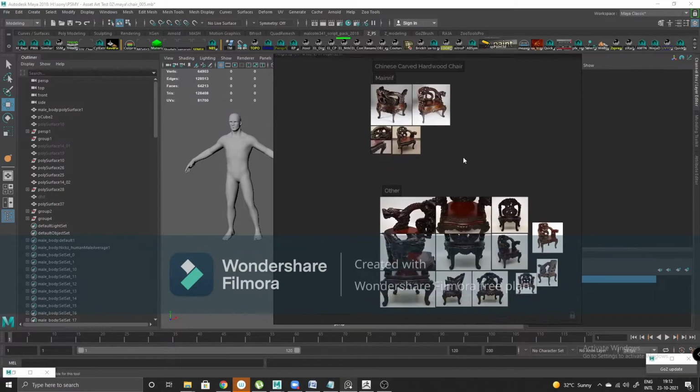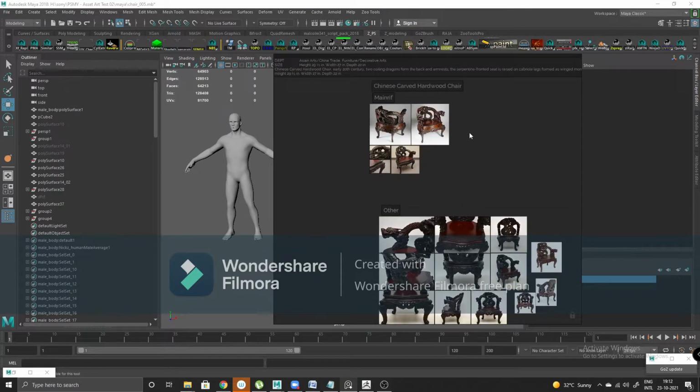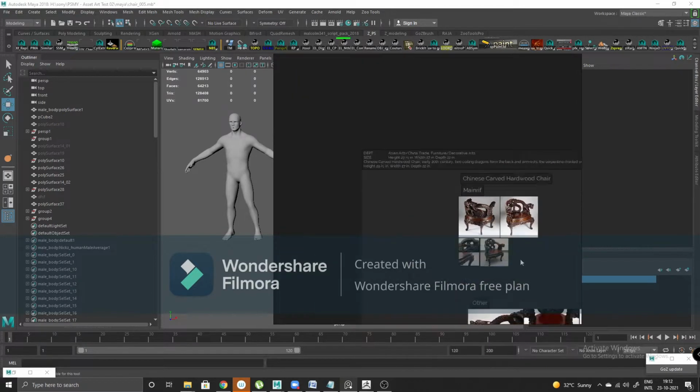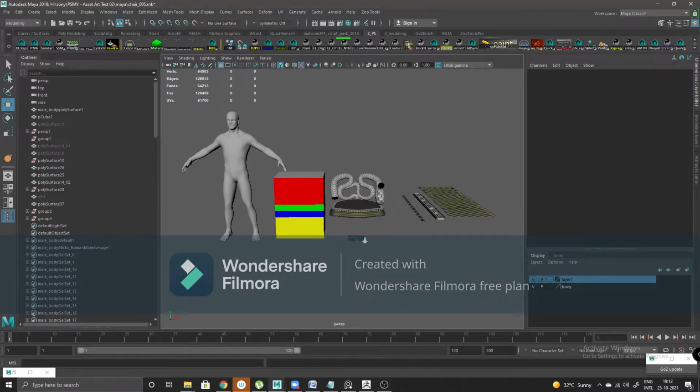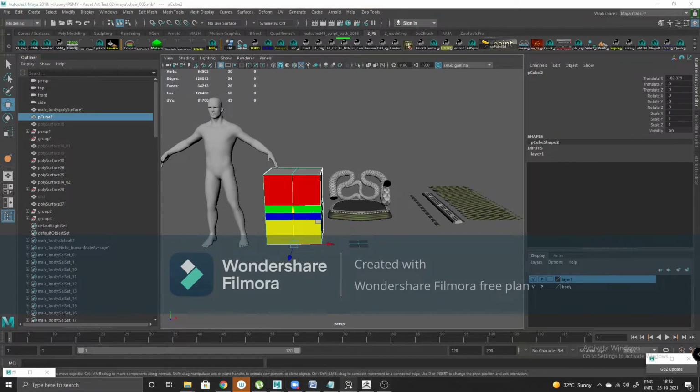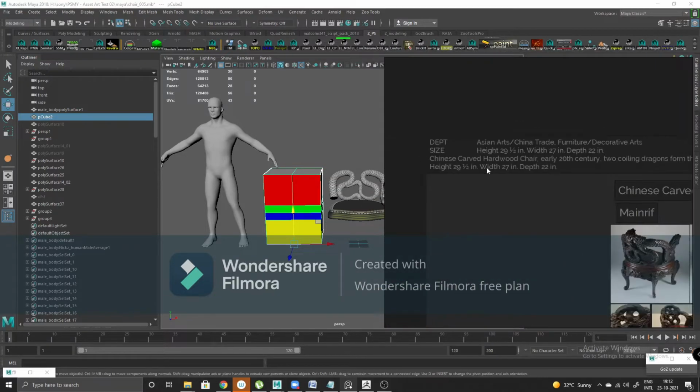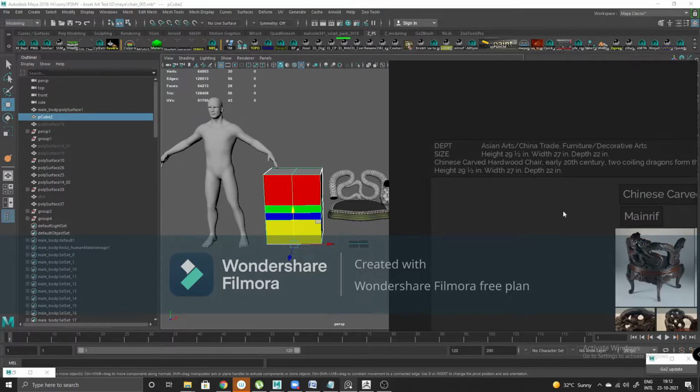So this is my main concept which I've been going through. Let's see how I started this entire asset. Let me put this to the side. The very first thing when I received this, I did some research and found some height and width for this particular Chinese antique chair. So based on this